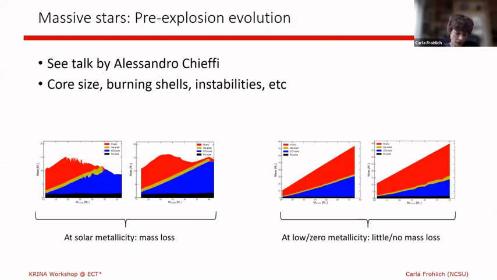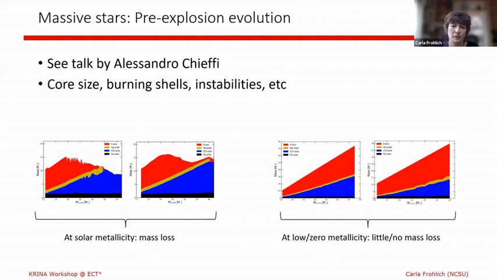All right, so starting, core collapse supernovae are the explosive death of massive stars. So we need to start with the massive stars. We heard yesterday a very nice talk by Alessandro about massive star evolution and how the key nuclear reactions affect the structure and the evolution of the star. And some of these effects, as Alessandro pointed out yesterday, you will see an imprint of those also in the signals from the core collapse supernova.